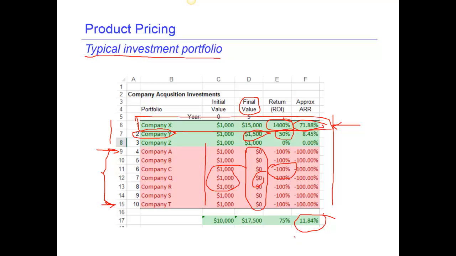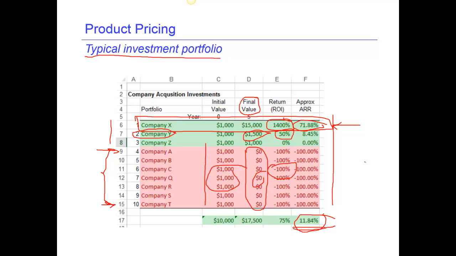really isn't much better than what you would expect out of particular investment portfolios. We always want to be higher than the cost of debt. We always want to be higher than the cost of just parking the money in the savings and loan. So 11.4% or 11.8% on an overall portfolio, it's okay, but you can see it's not spectacular. If you could just invest in the market and get 9 or 10%, maybe that would